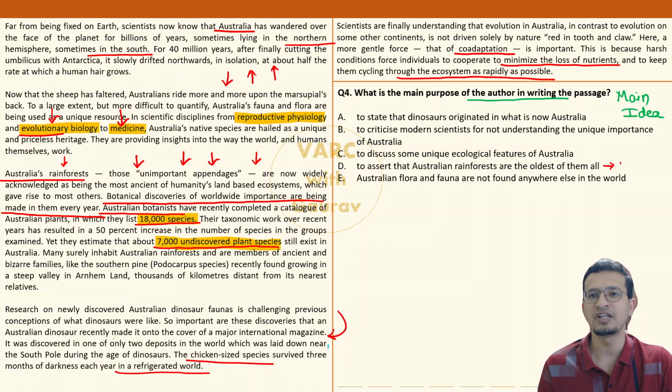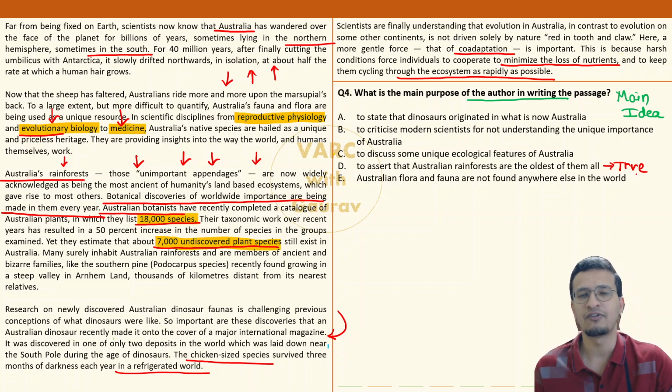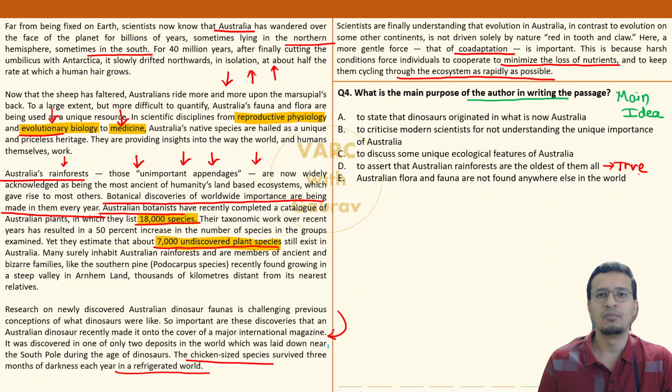Now, technically speaking, this sentence is true. Author has indeed mentioned that Australian rainforests are actually the oldest. But is that the primary purpose of the entire passage? Seriously? No. He's just mentioning it. It's an important highlight. And then he goes on to talk not only about the flora, but also the fauna